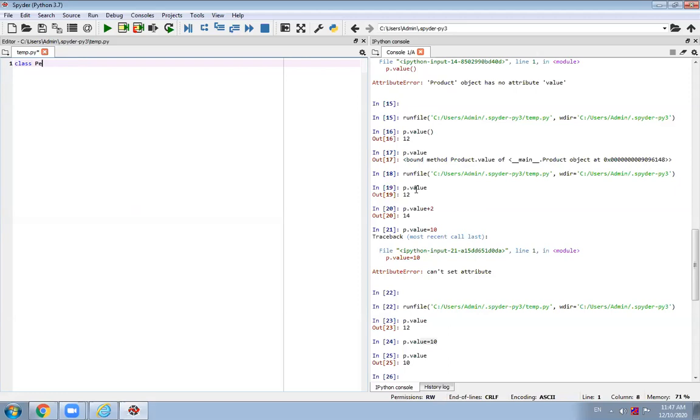To understand this concept, let's see another program, the class version. Again the init method, where the first argument is always self, then name and age.